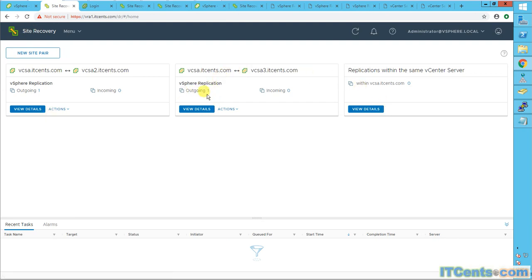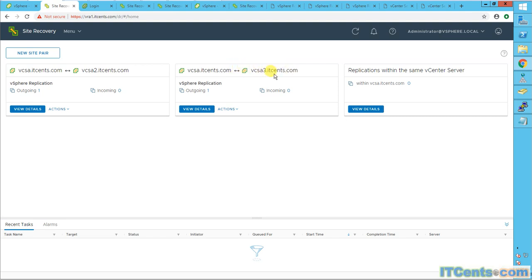As you can see, I have two site pairs, one with the DR, which is VCSA, a vCenter in production, right? It's replicating a VM to VCSA2, which is DR, and also VCSA, my production, it's replicating another